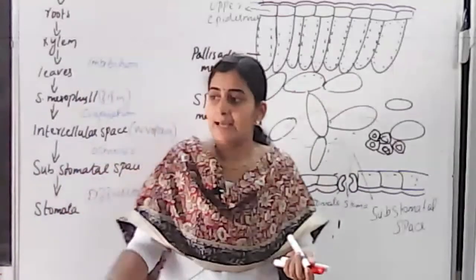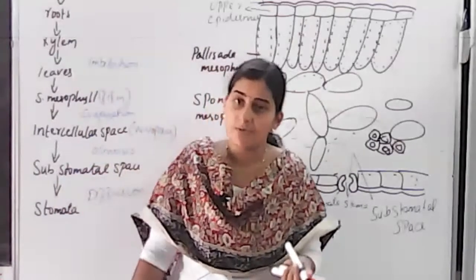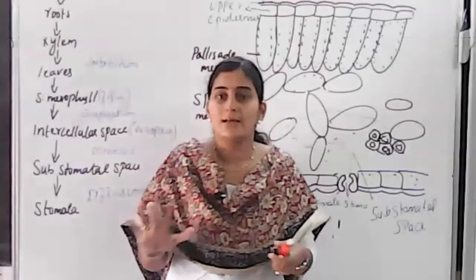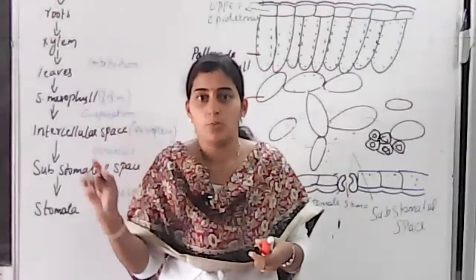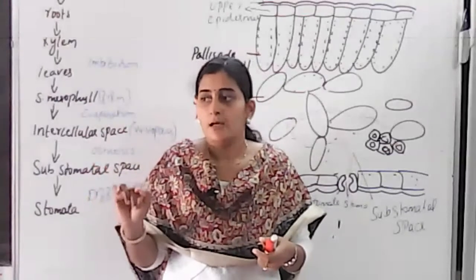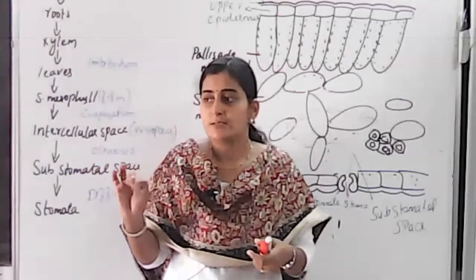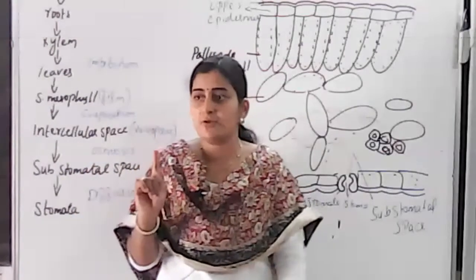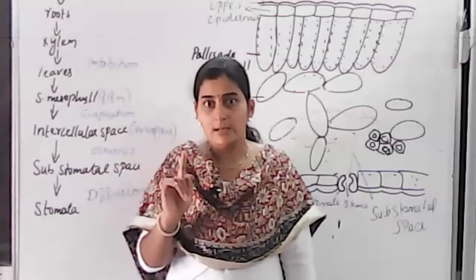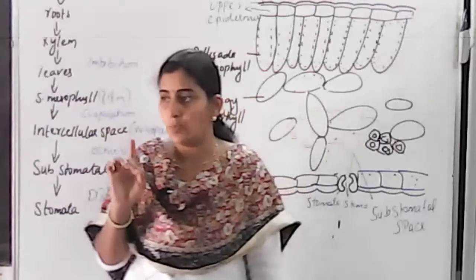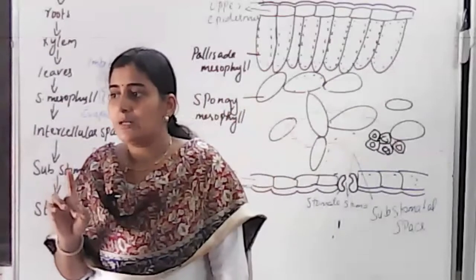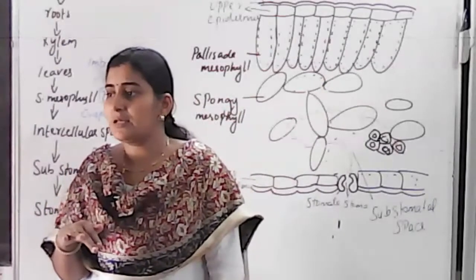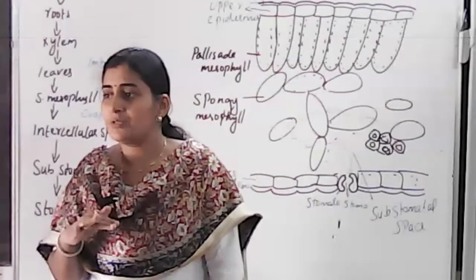Or in the next diagram, on the next page, page number 59, you will see another diagram where you can see all these cells clearly. An arrow mark is also given there where the water is moving. Xylem cells, do you see the xylem cells? So do one thing, label it as 1. Xylem vessels are shown there. Label it as 1 there in xylem cells. Then from there, water will be carried towards the mesophyll cells. I think mesophyll cells, palisade and spongy mesophyll cells, you can see.